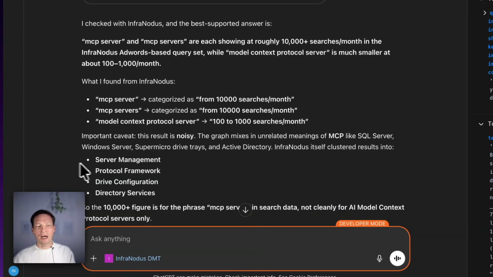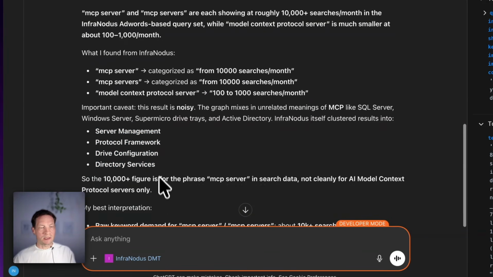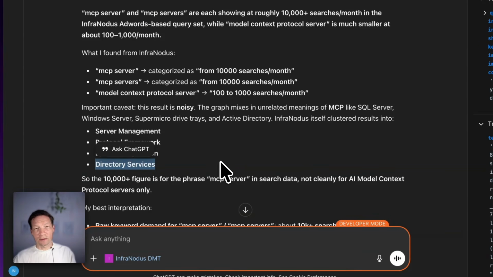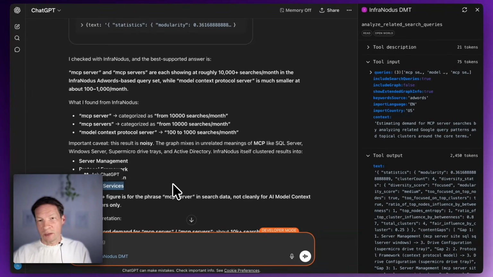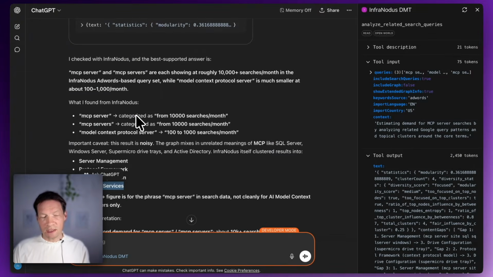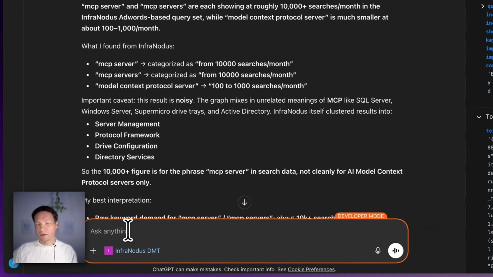And then it gives me a high-level overview of the main topics. For example, there are some directory services. So there's a lot of directories on MCP servers, and maybe I should also make a page about the various directories there are. But you see, I get access to real information here. And so that allows me to connect my tools, LLMs, to the real world data. And this is very useful. And you can also use it for many other